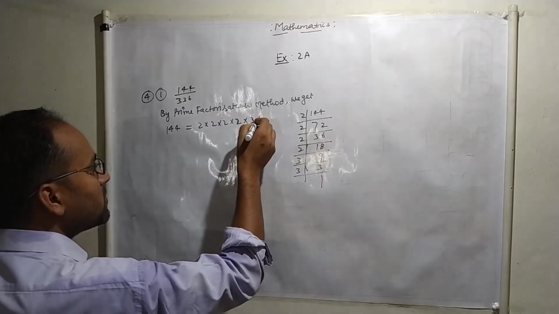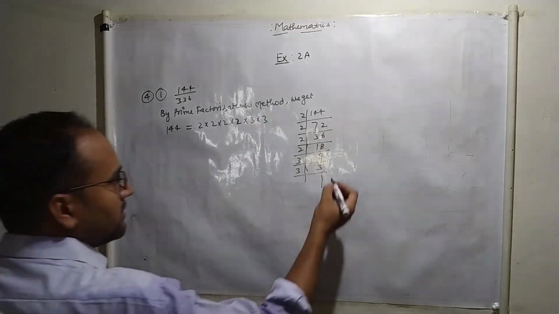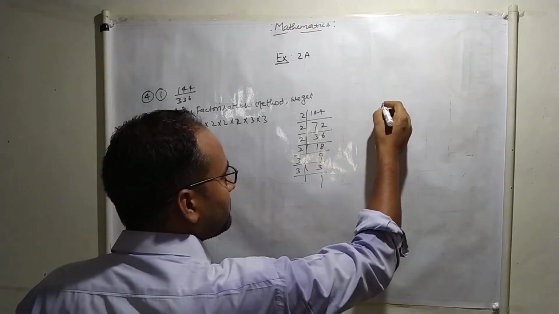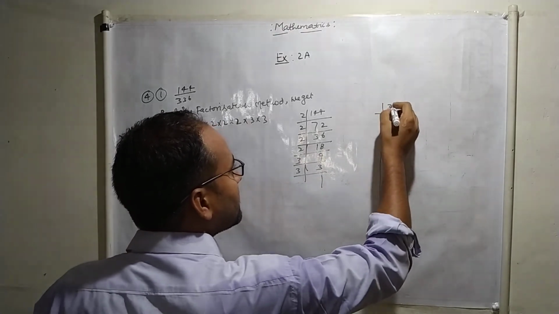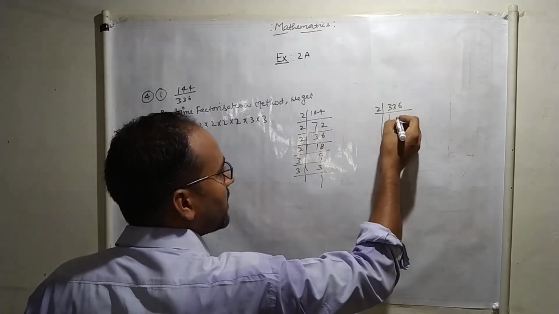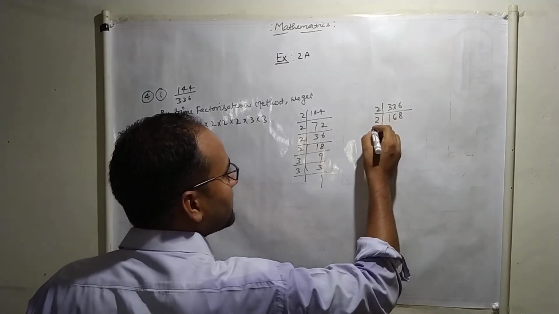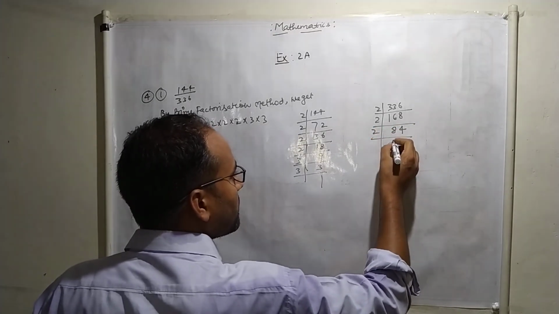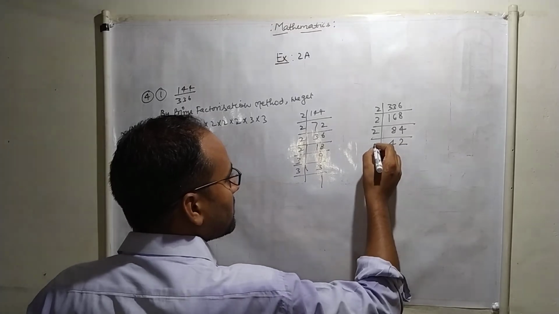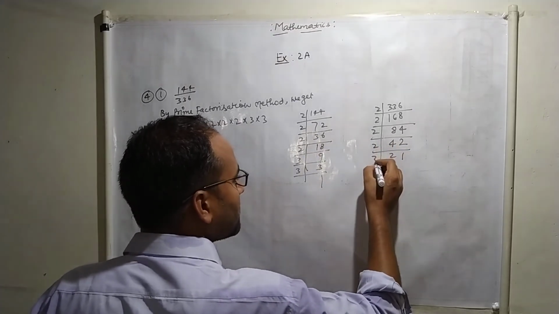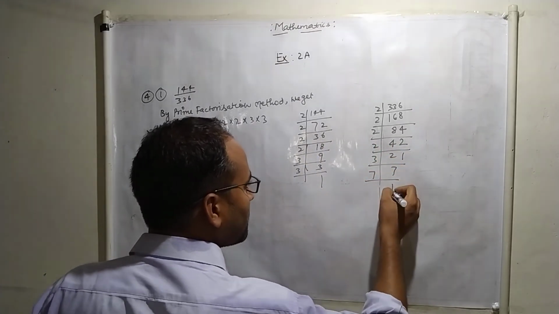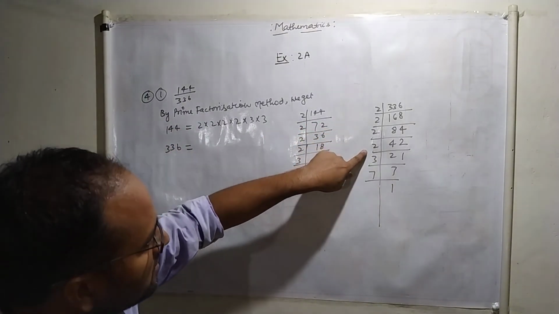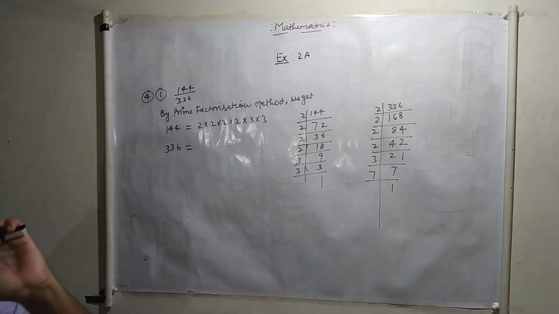And then the prime factors of 336 are equal to: 336 divided by 2 is 168, then 2 84, then 2 42, then 2 21, then 3 7, then 7 1. These are the prime factors. 2 2s are 4, 4 2s are 8, 8 2s are 16, 16 3s are 48, 48